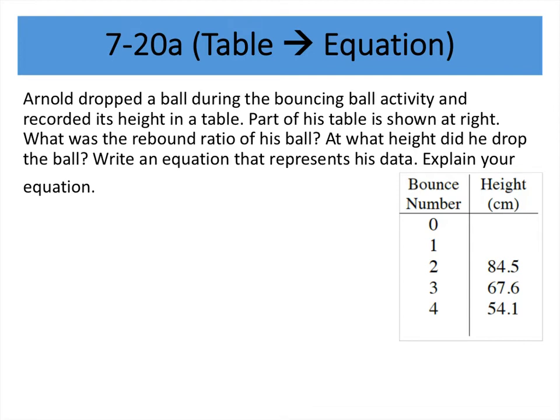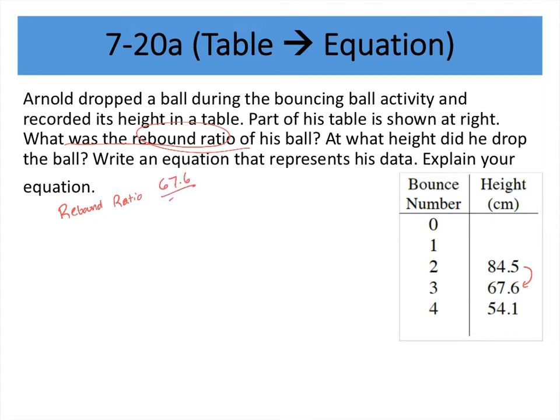And explain your equation. Okay, so first things first is we need to determine the rebound ratio. And the way that we do that is we say, okay, 84.5 times something gave us 67.6. It's going down. I'm expecting my number to be less than 1. So rebound ratio should be less than 1. And 84.5 times something gives me 67.6. That's a ratio of